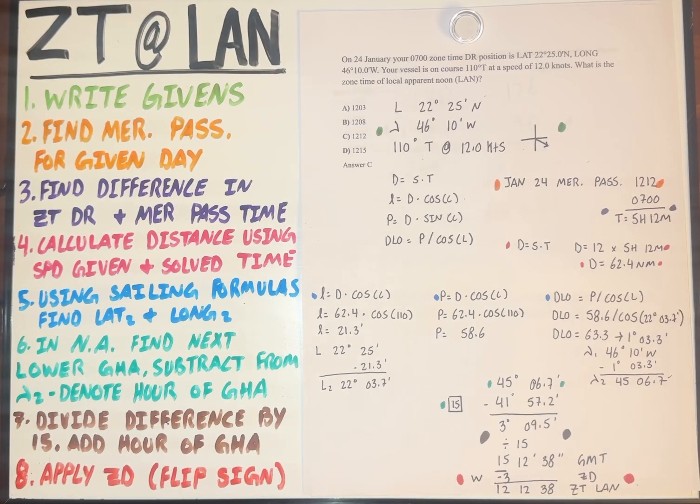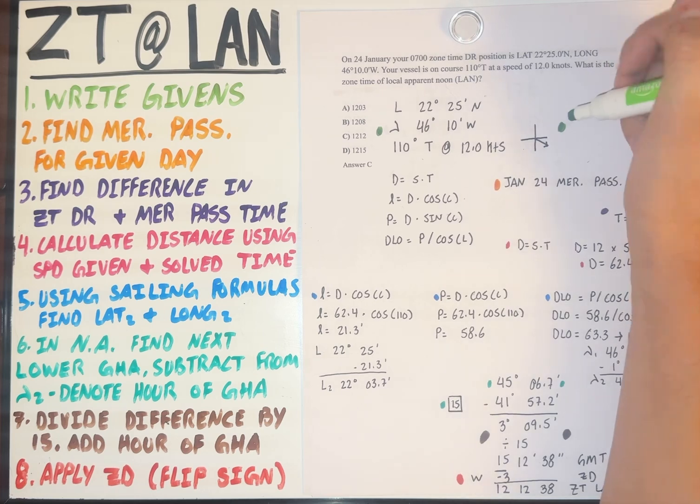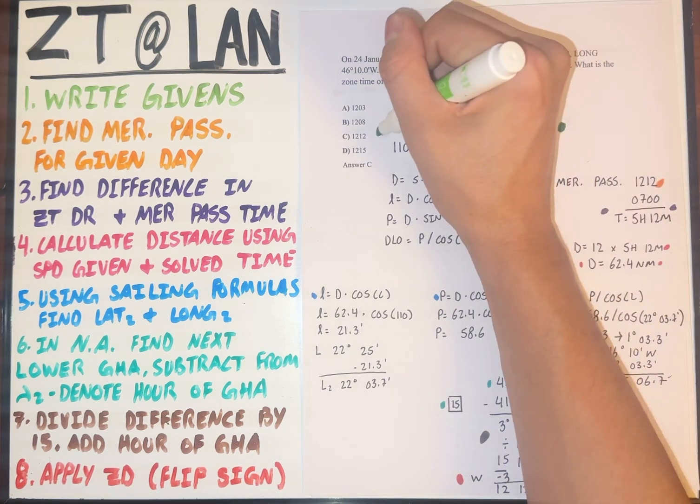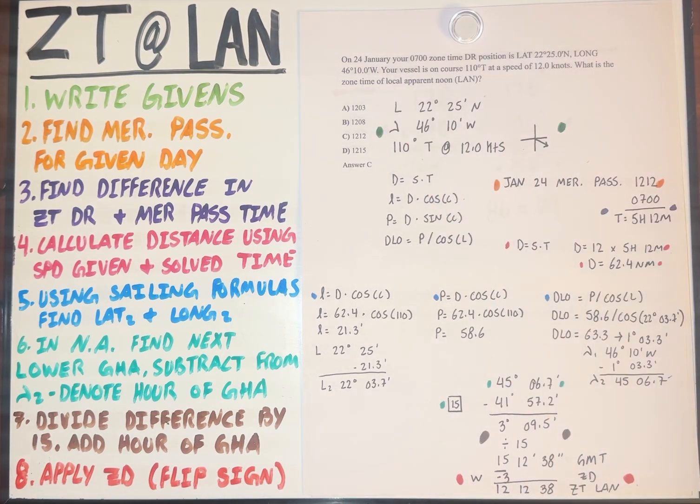Hey everyone, today we're going to look at a zone time of LAN problem. This problem can be found from start to finish with all the work shown already on the channel. That'll be linked down below. Step one is to write your givens. I always like to write my givens. I like to take the pertinent information from the problem and write it down so it's all grouped together for